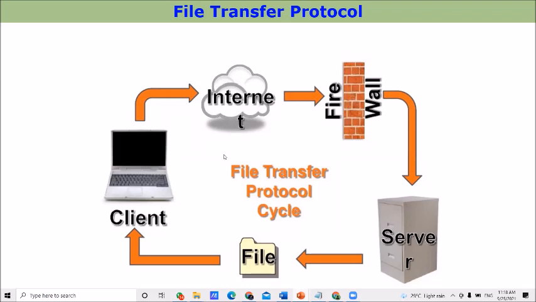In this diagram there is another additional entity called a firewall. Just draw the symbol for this firewall here. I will explain what a firewall is later, separately. Therefore, when you are drawing this diagram, just draw the things.